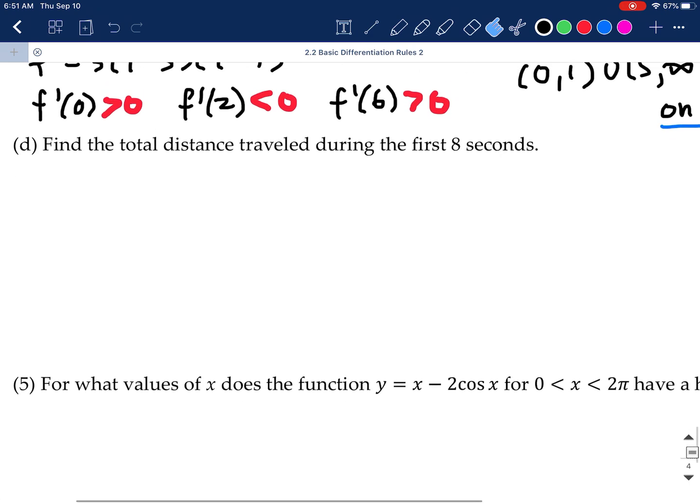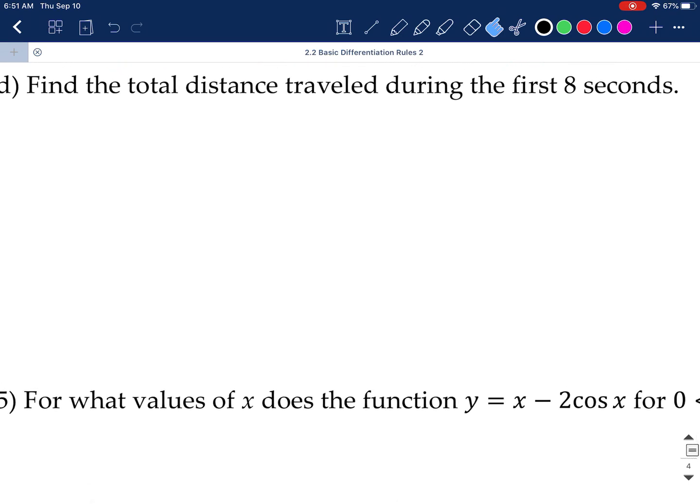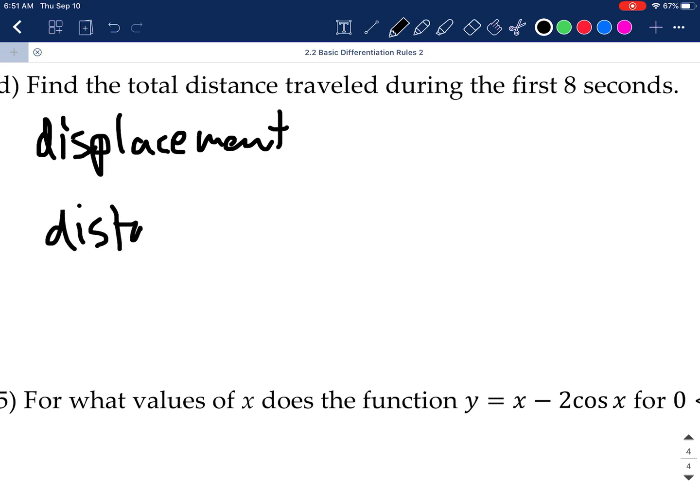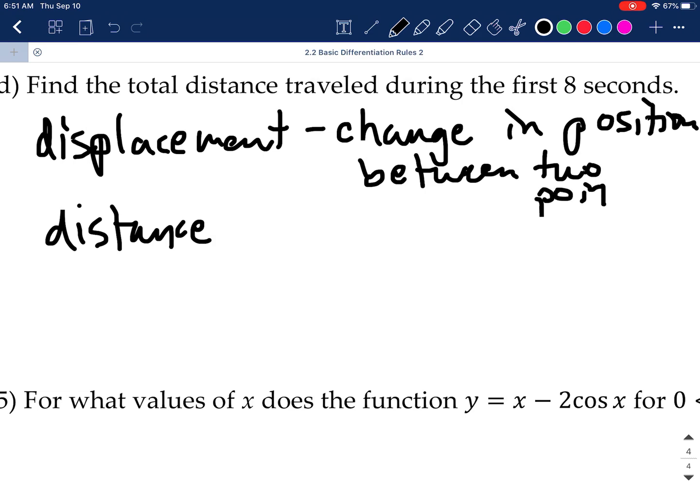Okay. And now the last part, which is find the total distance traveled during the first 8 seconds. For total distance, we have to be slightly careful. There are 2 measurements that we'll be interested in. One is displacement, and one is distance. Sometimes those are the same, sometimes they're not. Displacement is just the change in position between 2 points,